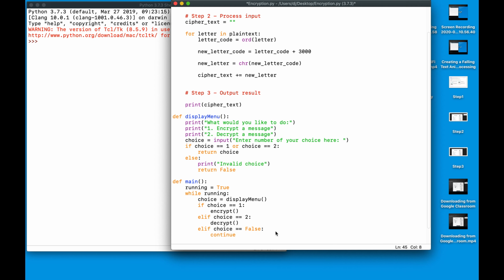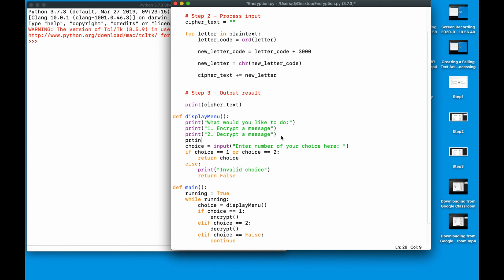And what I'm going to do next is I'm going to say running. We're going to update the value of running, so we're going to say input would you like to... actually let's not do that. Let's make this cleverer and let's put in a third option in our menu. So let's print number 3. We're going to say exit,